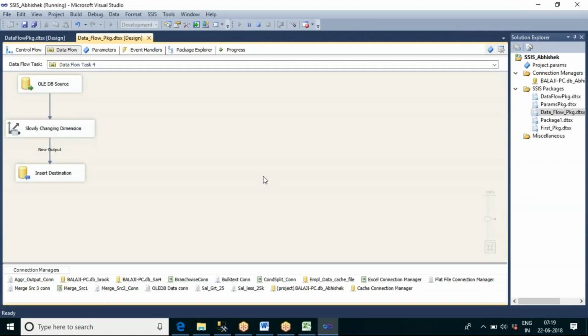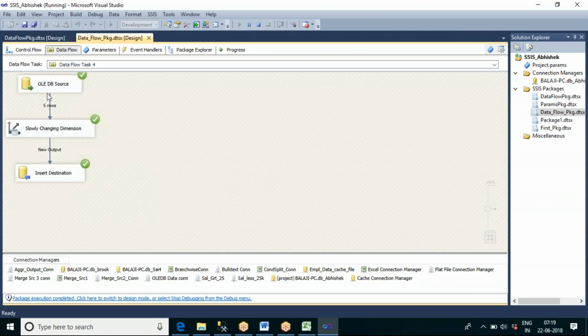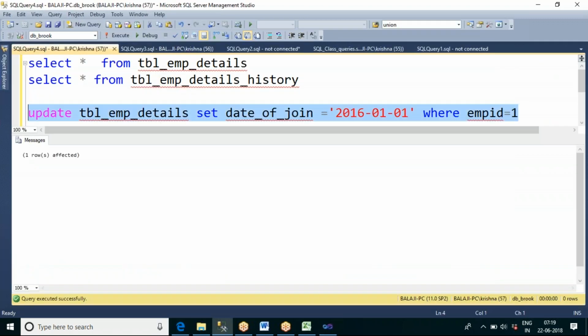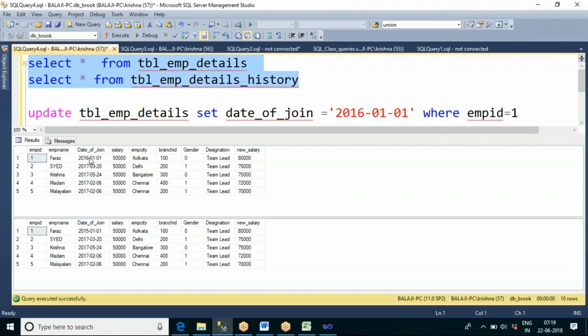Now we can see from the source, only 5 records are coming. Is that change updated in the historical table? Now we can go and see in this historical table. Even though in the source it is 2016, in the historical table it is not updated.